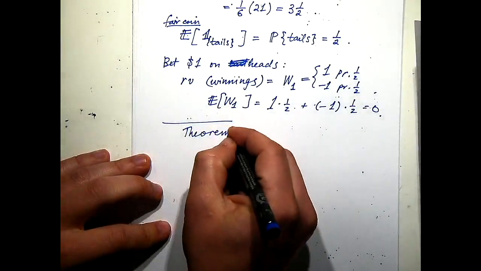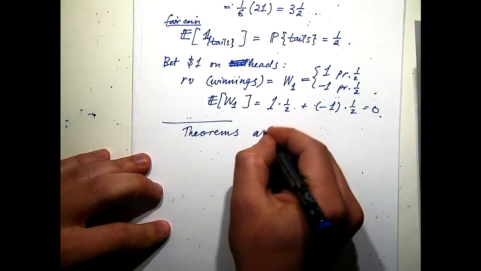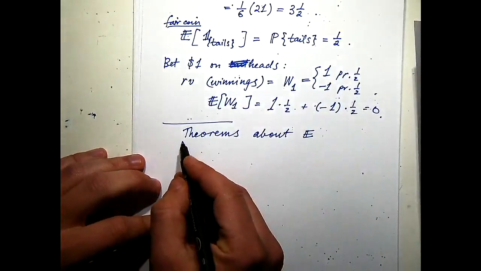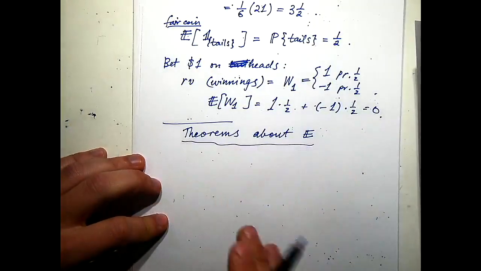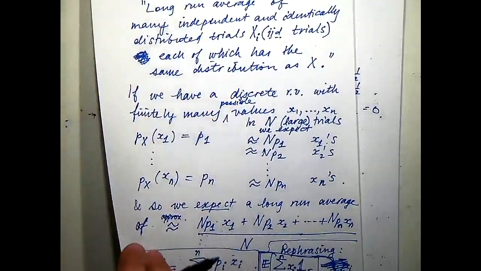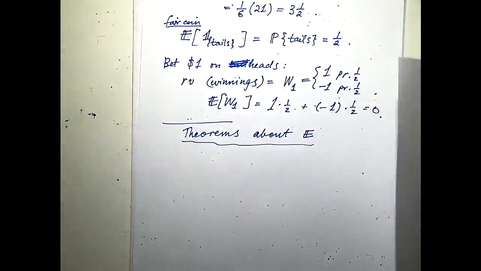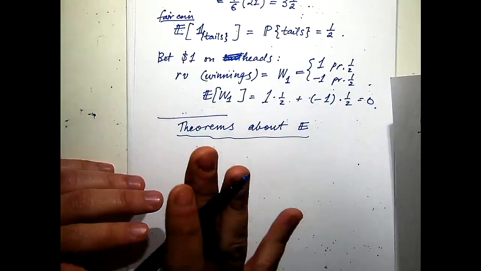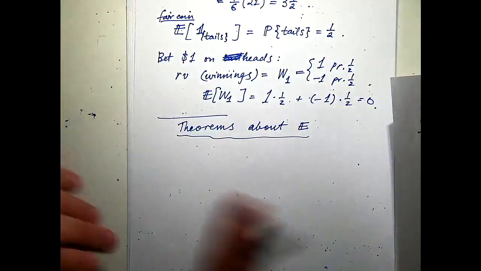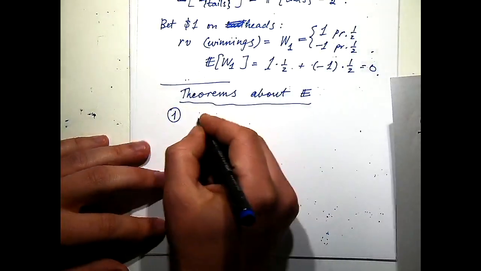Theorems. Now I'll call them theorems because these theorems are actually true whenever the expectation exists. So the proof that we'll be able to give is that we've only done it for a subset of discrete variables, those discrete variables that have finitely many values. So we've only done it for that small family of variables. The theorems turn out to be true whenever the expectations exist, but we'll be able to prove them for that subset for now. So the first one is that,